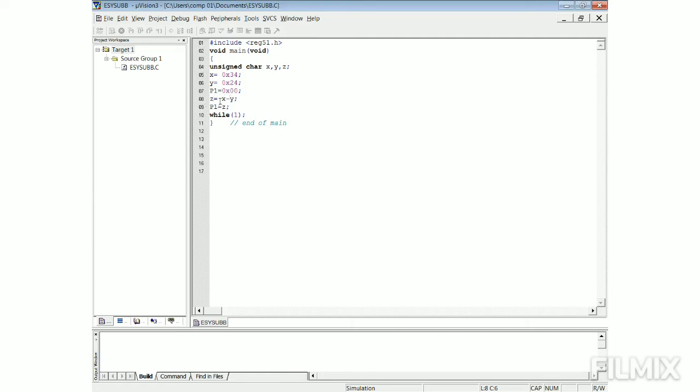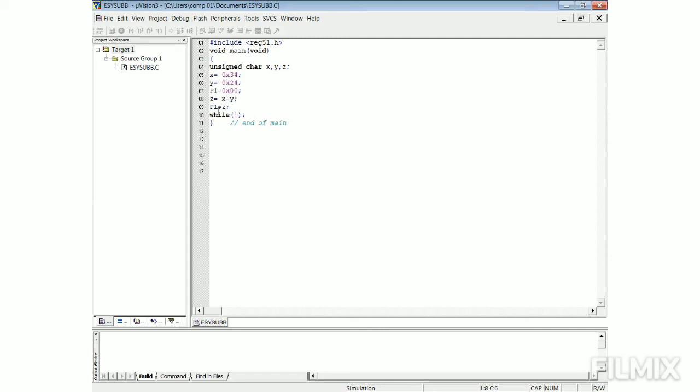For performing subtraction operation, we need to use here z is equal to x minus y. In our program, we use here x is equal to 34 and y is equal to 24. So, by performing subtraction, we will get here 34 minus 24 is 10. So, z is equal to x minus y.